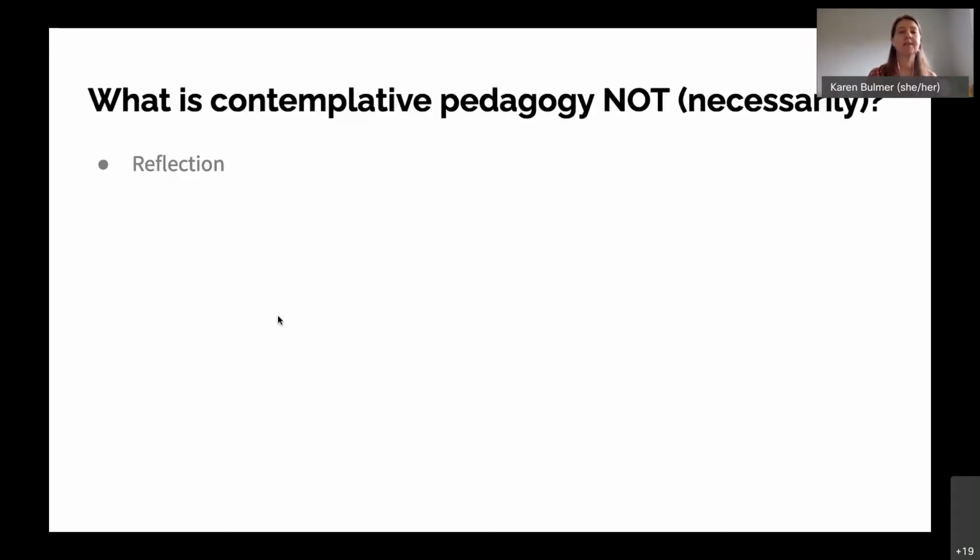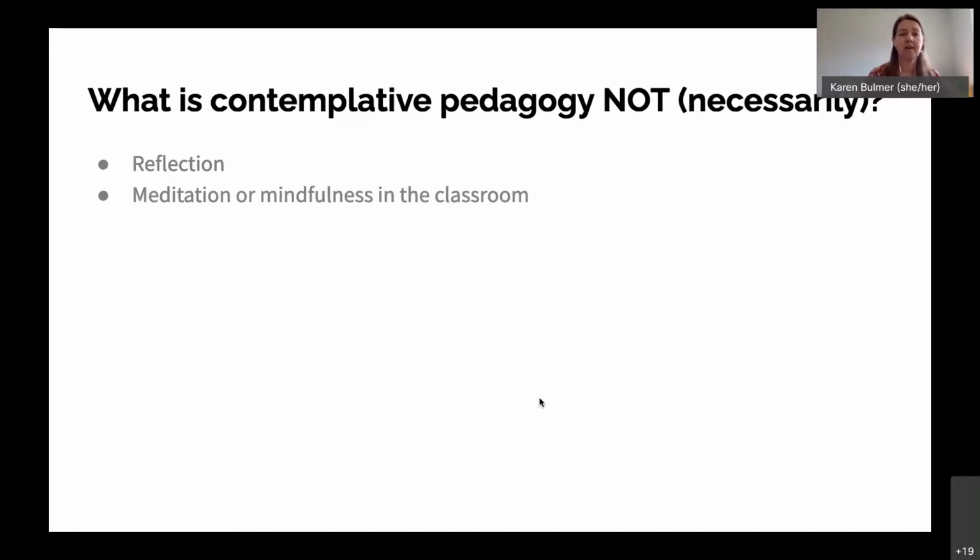Another thing that contemplative pedagogy is not necessarily, and this is another thing I hear often, is, oh, well, that's just meditation or mindfulness in the classroom. Contemplative pedagogy absolutely can include meditation or mindfulness, but it doesn't necessarily include meditation or mindfulness.